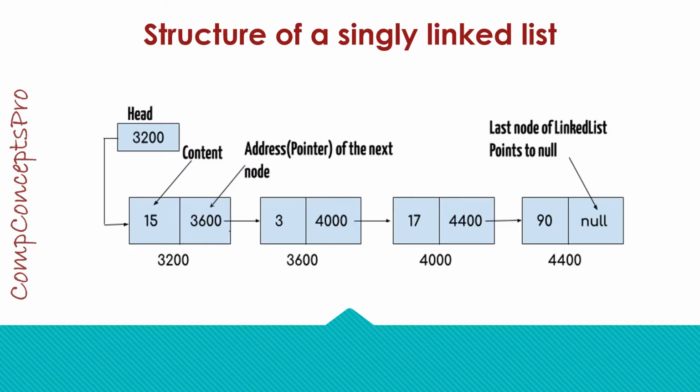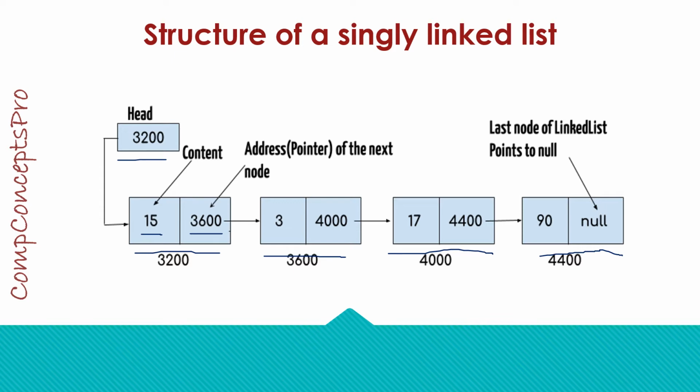So here is how a singly linked list can be thought of as. First there is a head pointer that stores the address of the first node of the linked list. Then there are the individual nodes of the linked list like these. These are the individual nodes. And each node has two fields: the data field, which is the actual value that the user wants to store, and the next pointer, which stores the address of the next node.